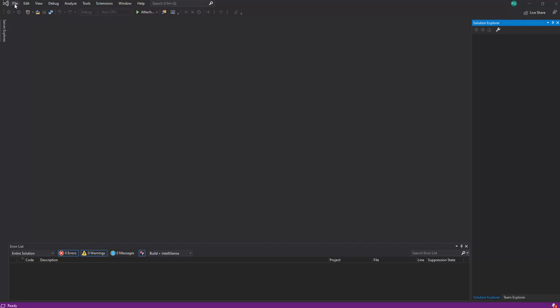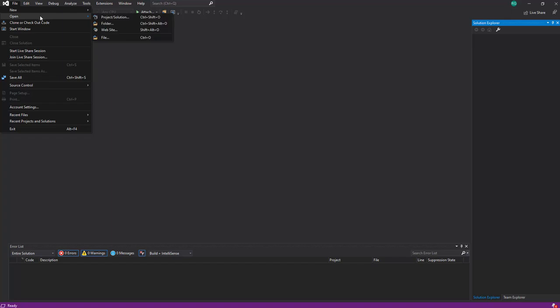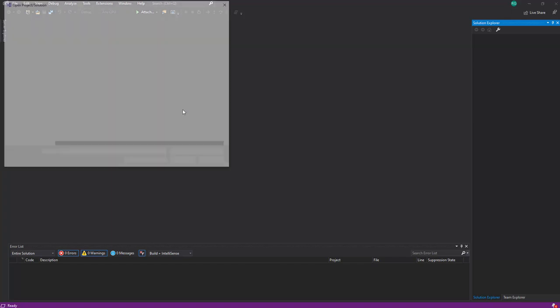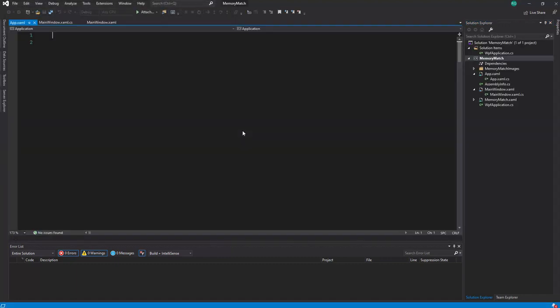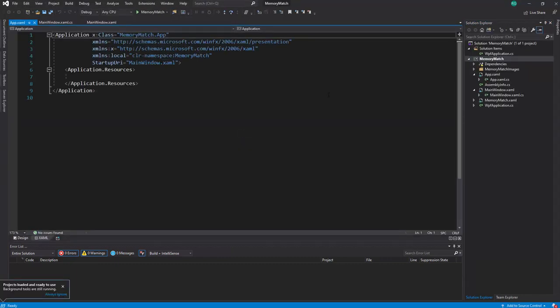Alright, in this video we're looking at a solution that seems to have quite a few problems. So we're going to open this solution up. First thing I notice when it opens is it doesn't look like I expect it to look. So I've got some items added under solution items,